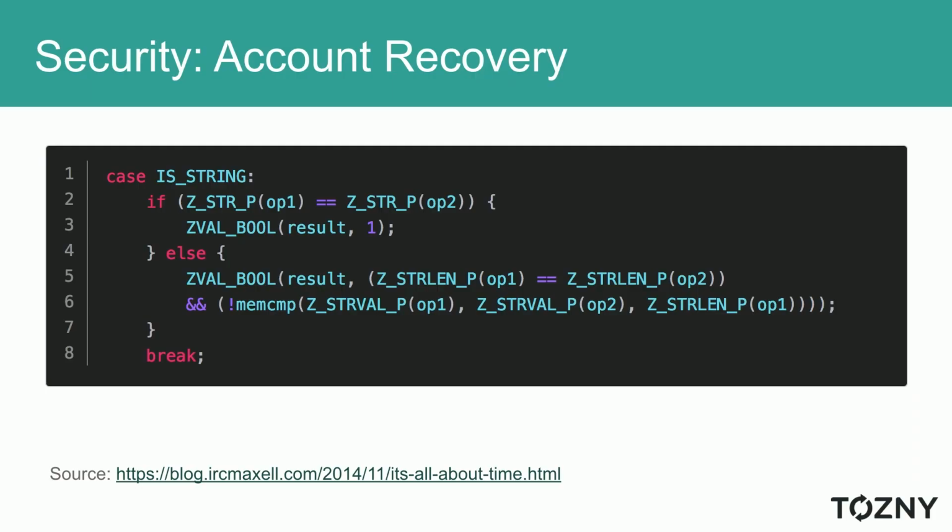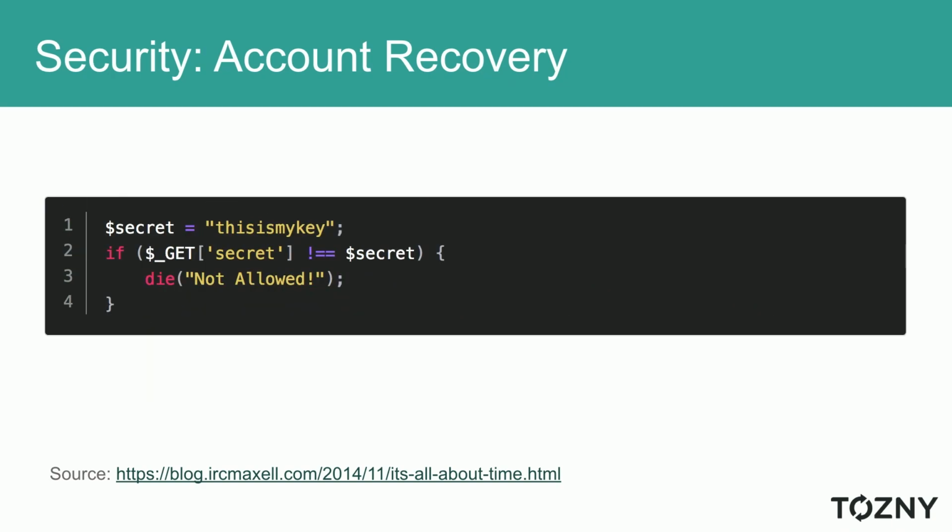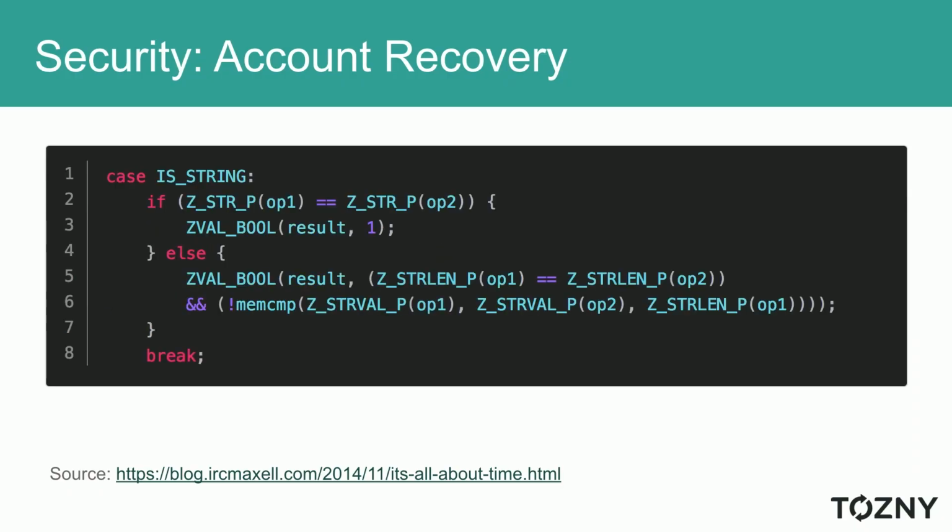Now it's going to check, are the two strings the same length? If the two strings are the same length, then it continues. If the two strings are not the same length, so remember we started with "this is my key", if your guess is "A", it immediately exits. It doesn't even bother comparing anything else. If they are the same length, then it comes down here and does a comparison of the two strings,